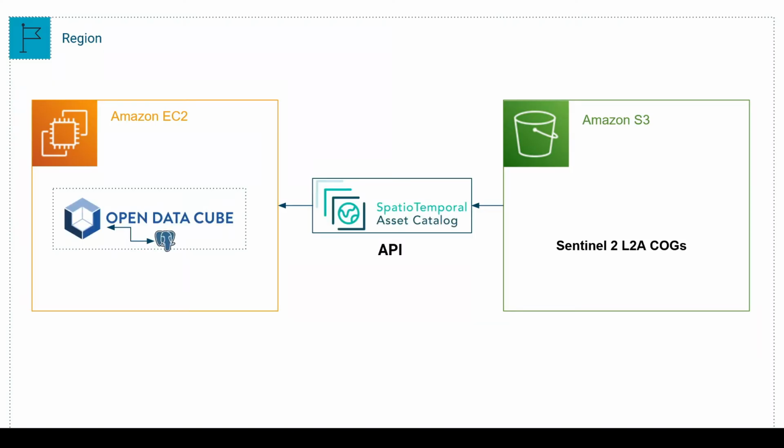Alright, so this leads us to our topic for this video, which is that you want to set up OpenDataCube on Amazon EC2. The machine we would take is an Ubuntu server, which will make us feel like we are doing real world analysis or setting up OpenDataCube in a real world example. Also note that we would be using the Spatiotemporal Asset Catalog API, that is STAC API here, to index our data. STAC is basically a specification which allows us to describe our dataset in space and time.